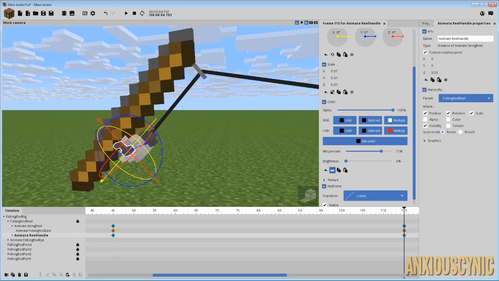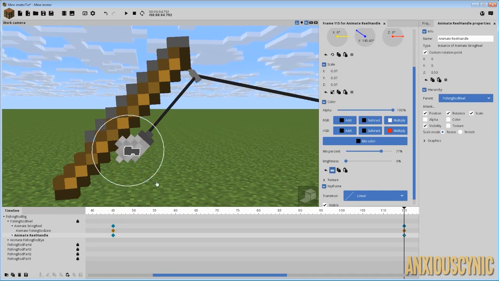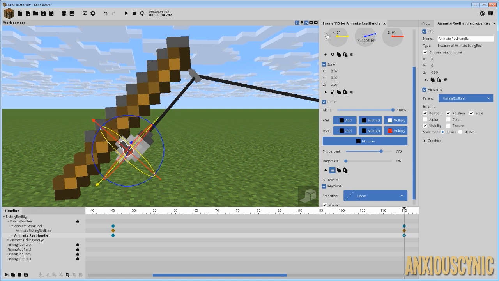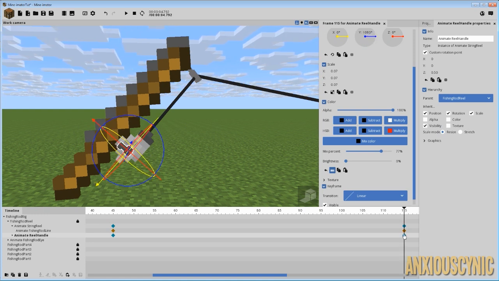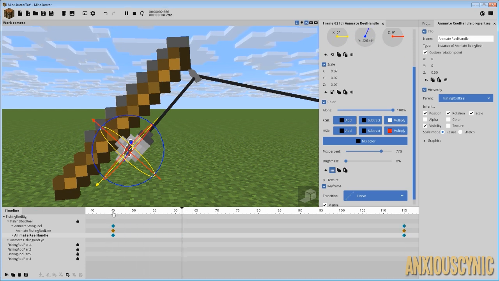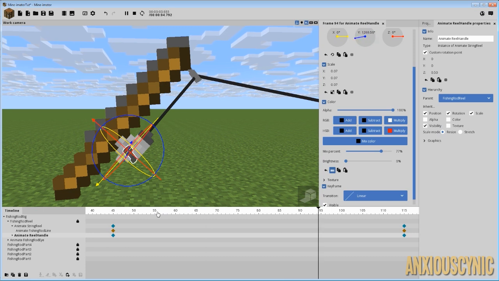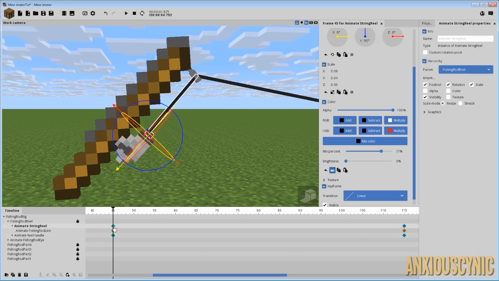Let's say we want to have it spin a few times. We're going to spin this around. Let's just go about, I don't know what that is, 1,000 or so. Try to get it back in its original position, somewhere around there. Like maybe, let's actually make it go a little faster. I thought that would be plenty, but I guess I was wrong. Something like that. All right, let's try it. There we go. That's pretty reasonable. All right, so we got the spin there for the whole time that Steve is reeling his reel in, and